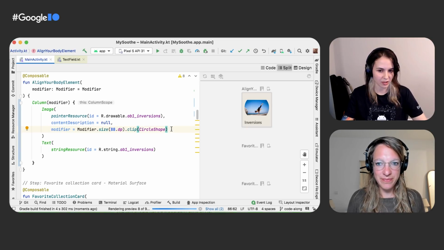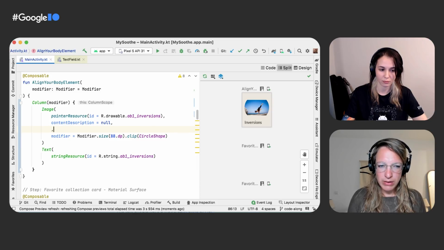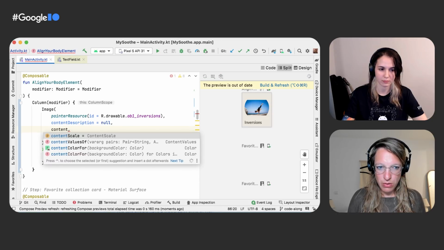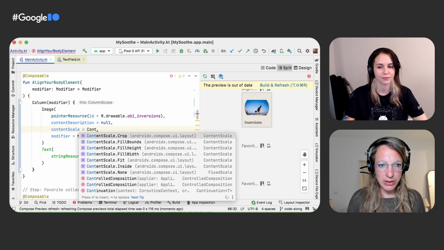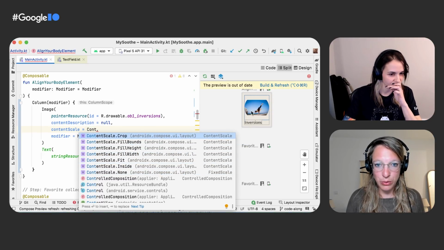Now, to make the image fill the container correctly, we can actually set the image content scale parameter to crop. Yes, so let's dive into that a little bit more. So we want to set the content scale parameter to be crop. And as you can see, there's different options here. In the current preview, you can see that the image is cut off in quite a weird way, right?